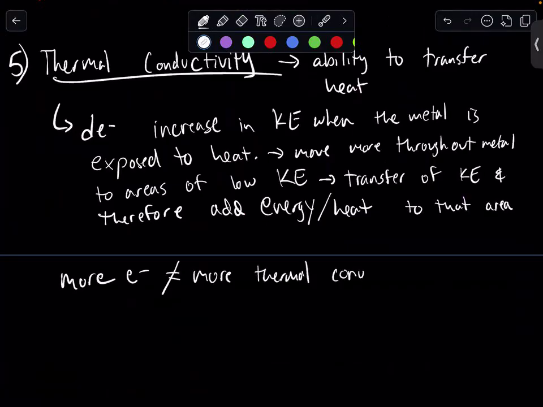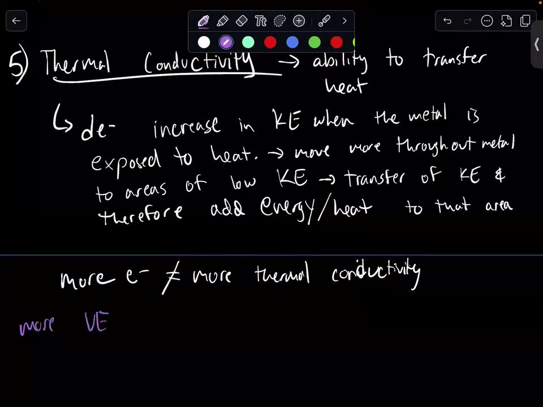You think it might, but the problem is they get in the way of each other. So when we have more valence electrons or more delocalized electrons, they start colliding with each other,